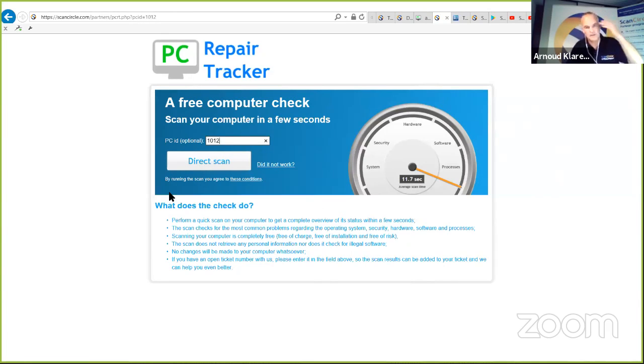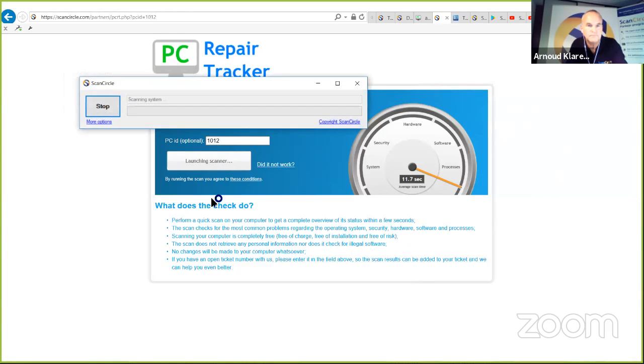It can be sent to the customer. So if a customer fills in a new request, a new ticket, you assign a ticket number or a PC ID or anything like that, and send them an email and say, you can actually help us to help you solve the problem by running a scan using this link. And the information will then be, if I run this scan, like it's done over here,